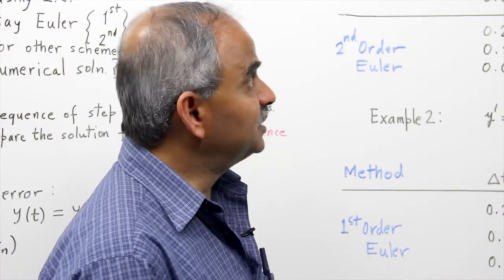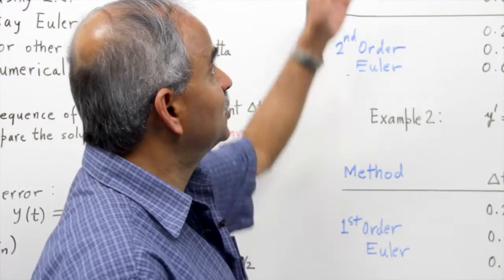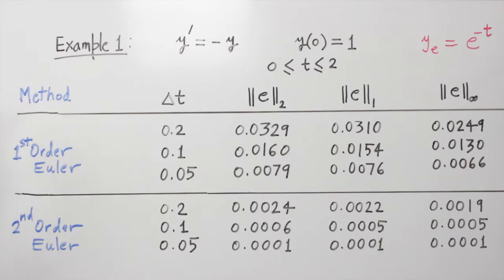So let's consider some examples. Here we have example 1, which is a very simple first order ODE, y prime equals minus y. This differential equation, of course, we can solve analytically, but it is very illustrative because we can see how different methods perform in a very transparent way, and then we can see how this carries over